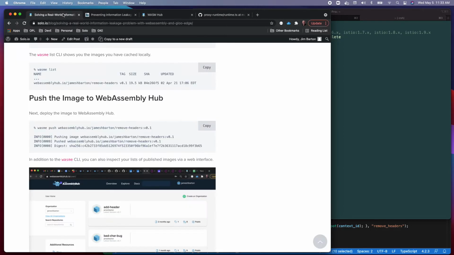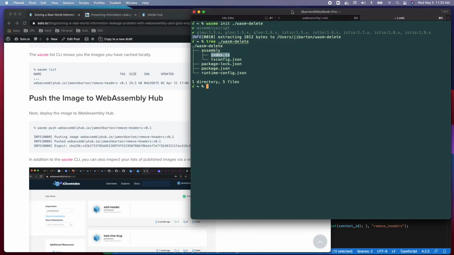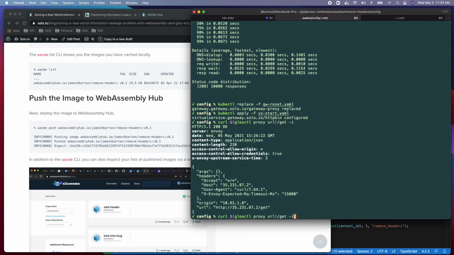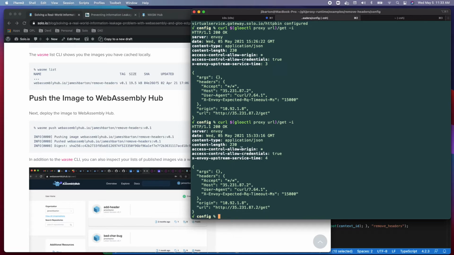Okay. So right now there's nothing there, as we said before. The only thing that's sitting there is just a basic virtual service. You can see the two headers that we want to get rid of are still there. So let's go ahead